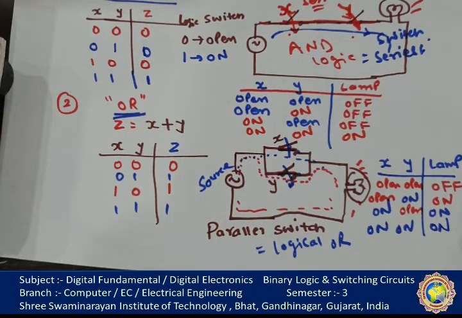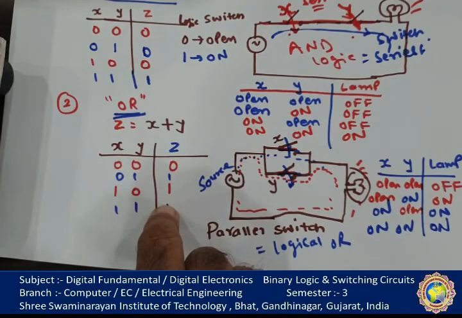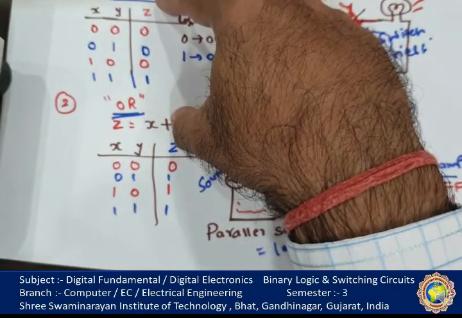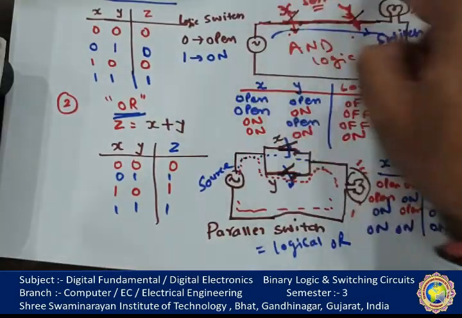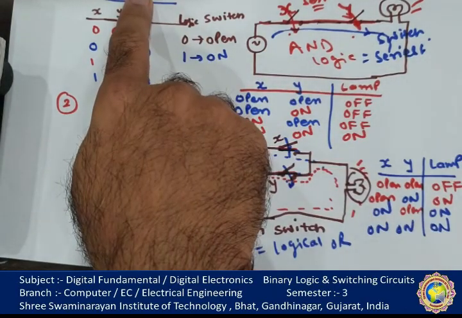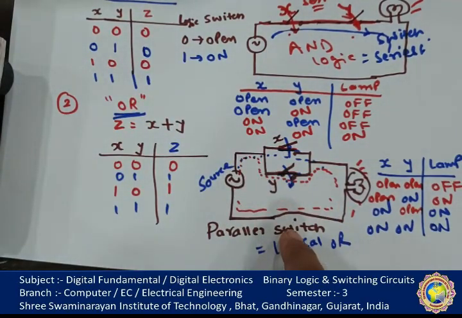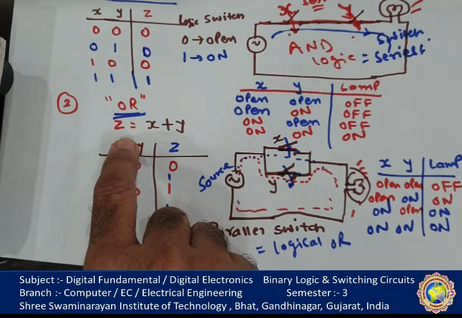I hope it is making sense and you have got the idea about the definition of binary logic, the main two binary operations AND and OR, how they are different from arithmetic operations, and how series switching is equivalent to AND and parallel switching is equivalent to the OR gate.